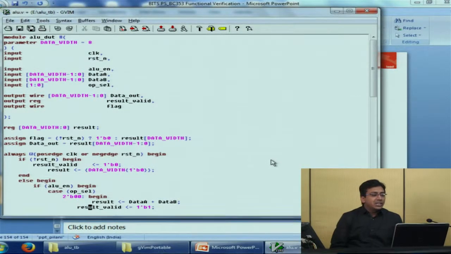So this is a typical design file of the ALU. Since we have understood that the design is written in Verilog, this is a Verilog file. This is Verilog code. Module is a keyword in Verilog, and ALU DUT is the name of the module. Although we have told that the inputs are 8-bit and they will be 8-bit in this test bench and design, we have kept it parameterized. So keeping it parameterized will help in reuse.